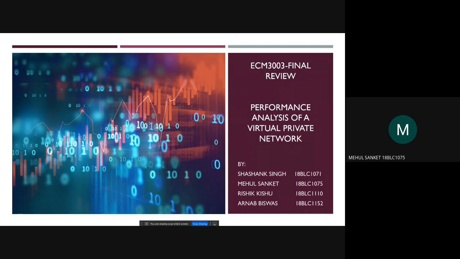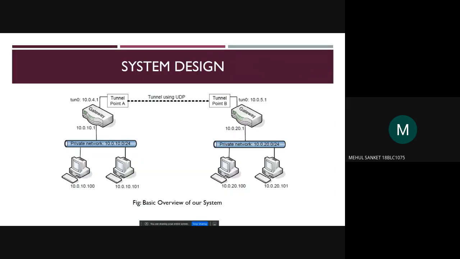Our topic is performance analysis of virtual private networks. Our team consists of Shashank, me, Mehul, Rishik, and Arnab. This is the system design that we have proposed, and we have also simulated this exact system design in Cisco Packet Tracer. In our project, we have used several encryption algorithms, and